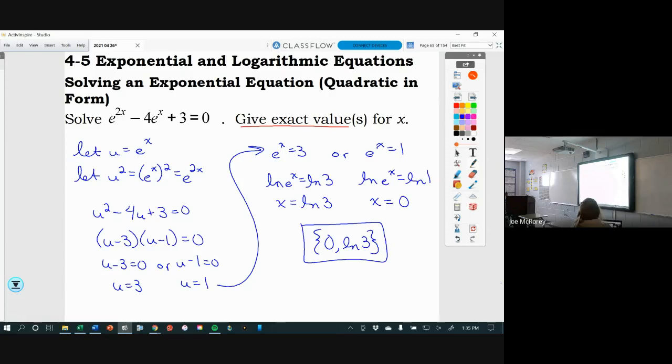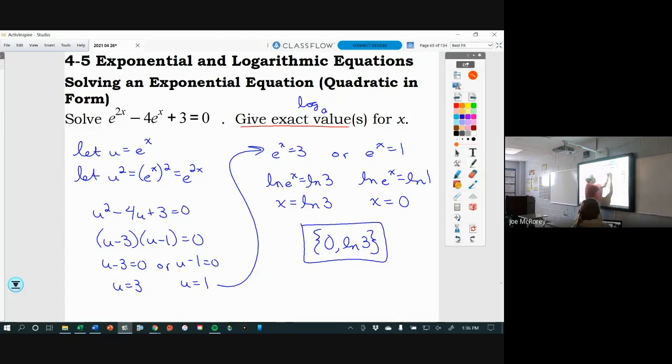Any questions or comments? I'm confused how you got to x equals. Like, how did you get rid of the natural log and the e? There's a property that says the log, log base A